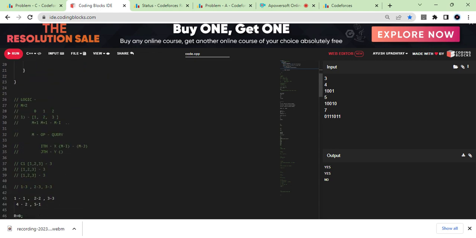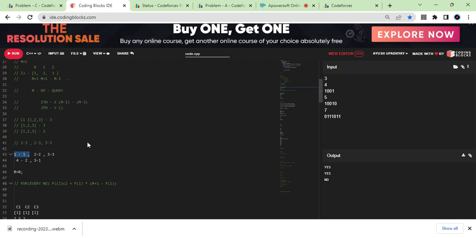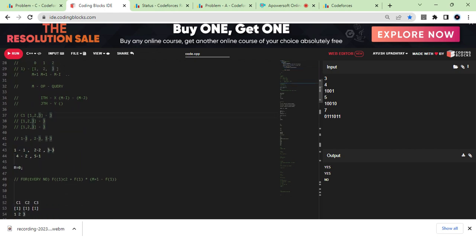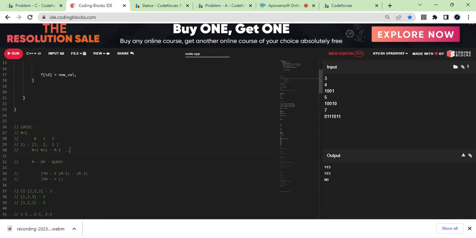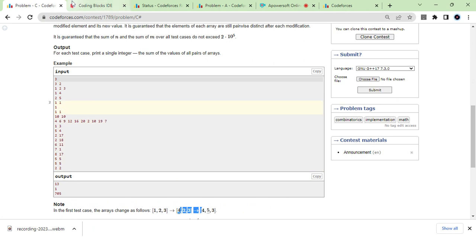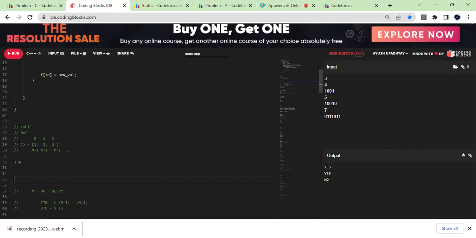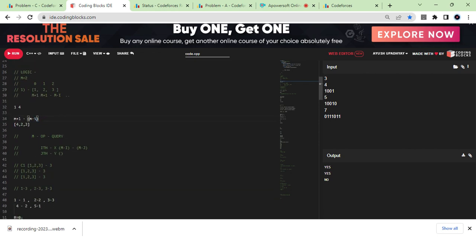Like what I said, currently one is occurring, right? Whenever the 4 comes, like when this query comes, give 1 to 4, on the first index make it 4. So you'll have the array like this, 4 comma 2 comma 3. You'll put this on this index and you'll say that my turn of 1 is over, and m+1 minus I, I said we will do m minus I with the ith element, and